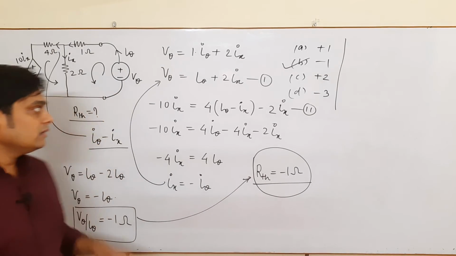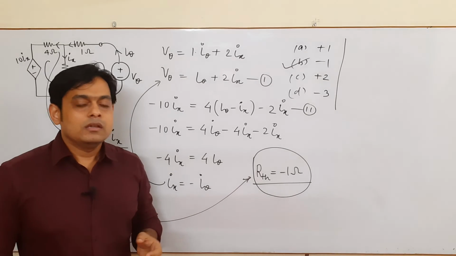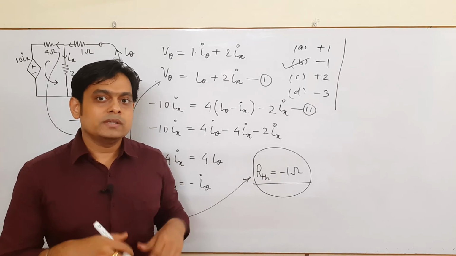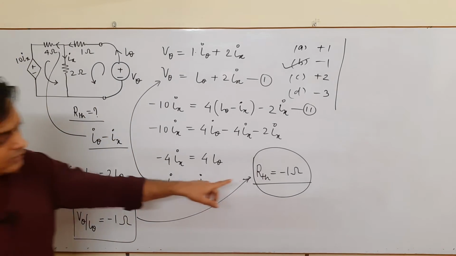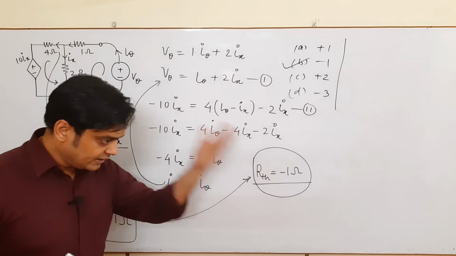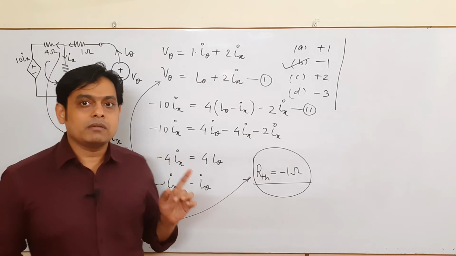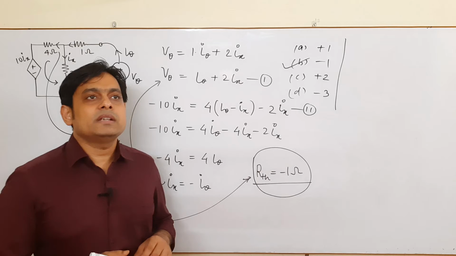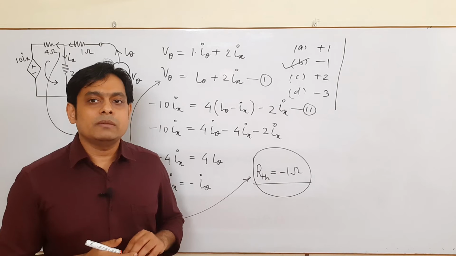This indicates that this network which is represented here is a kind of network which is basically supplying power to a certain element or a network. Very important thing. Why? Because RTH minus 1 indicates that power is supplied by this network. We have already seen in our power concept, when power is delivered by a network, the power is negative, and when it is absorbed by a certain network or an element, it is positive.